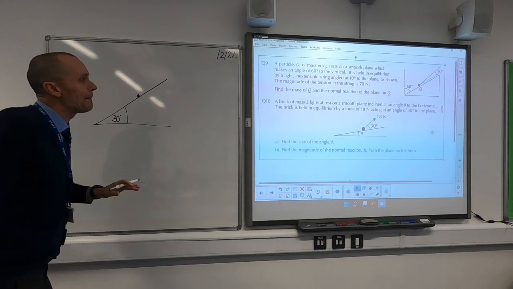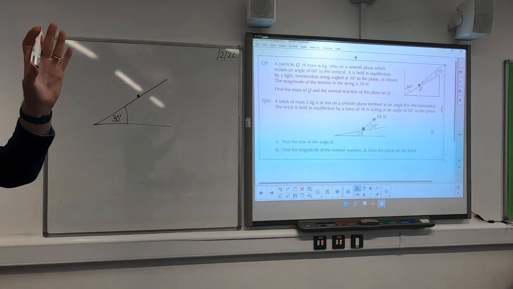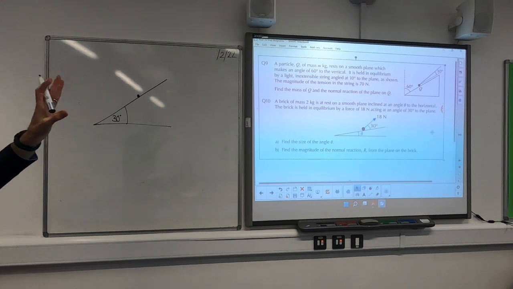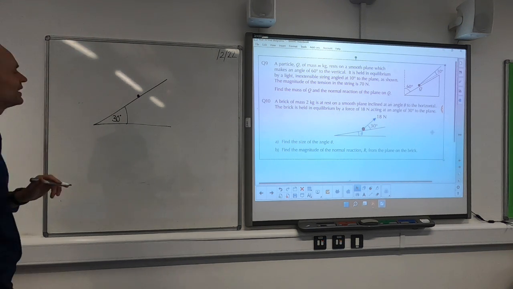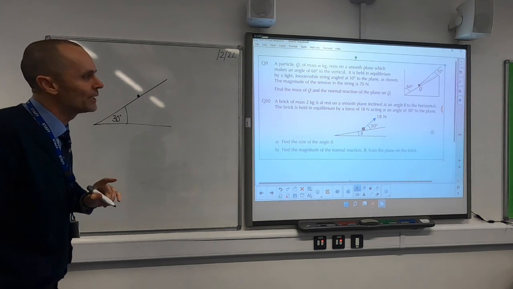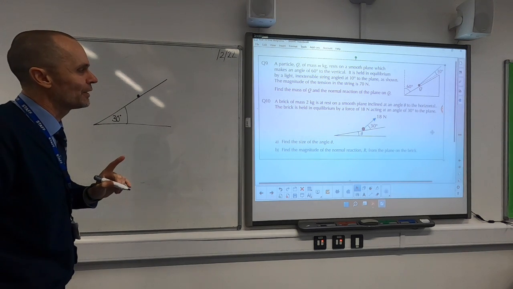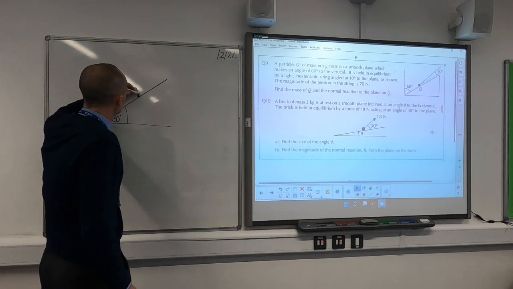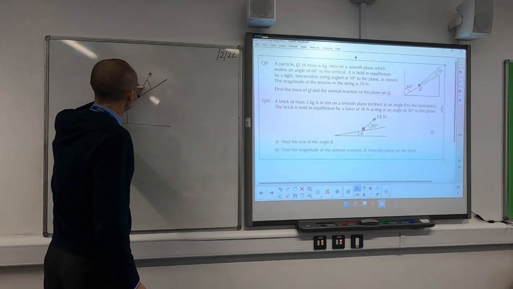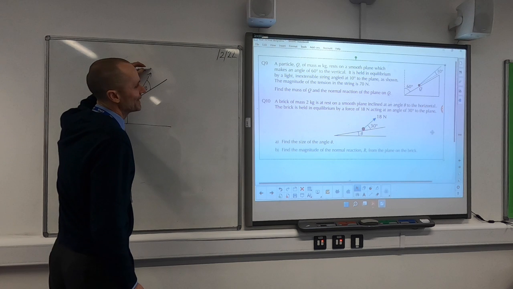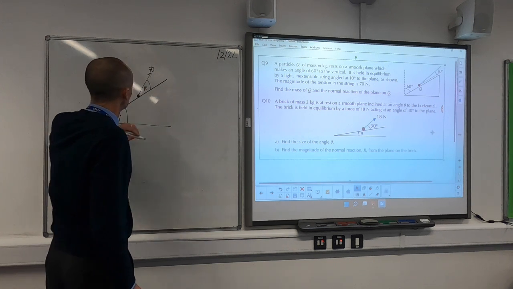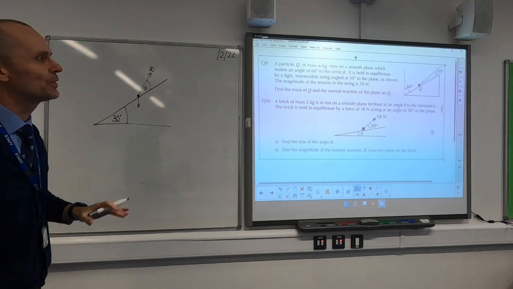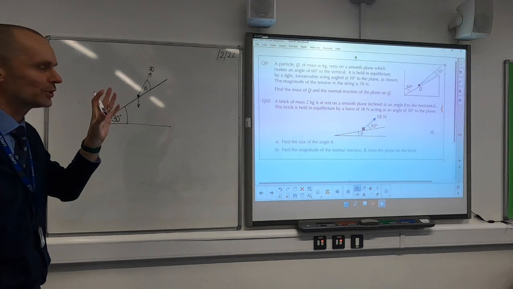So I've got a particle, and everything is smooth at the moment. The smoothness is about to end. All right. But for now, everything is smooth. So the only forces involved are this tension at an angle of 10 degrees, so I'm exaggerating that a little bit, and that is 70 newtons. I've got the weight of the particle, so the use of the word particle says it's 0 dimensions,